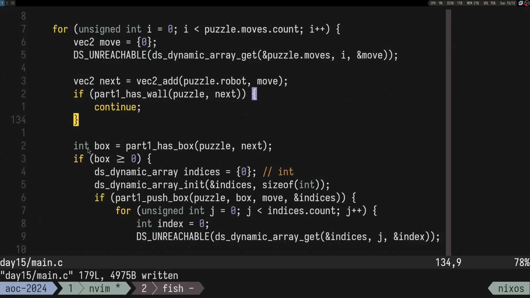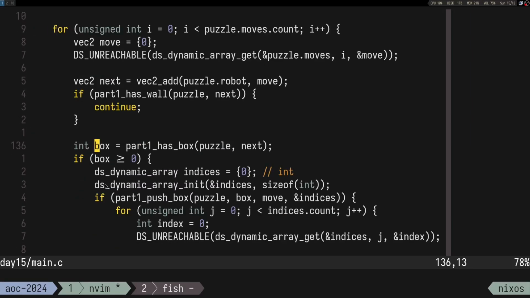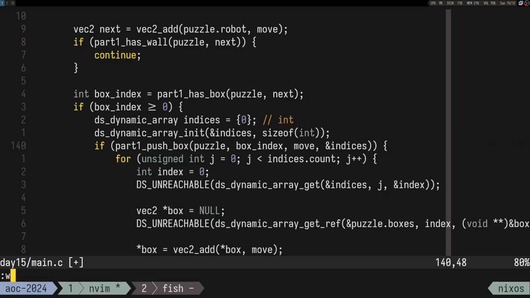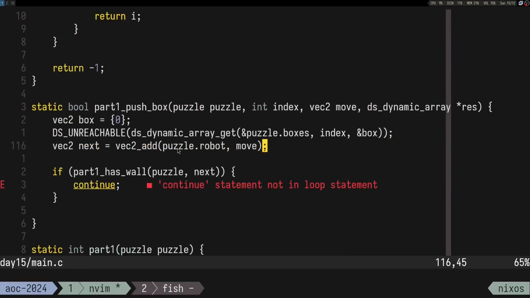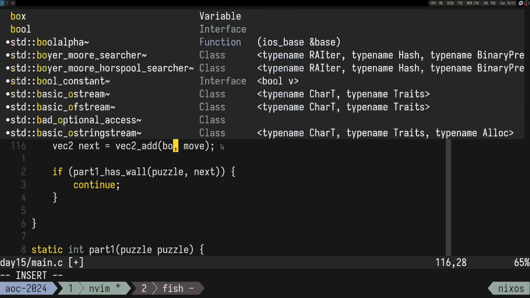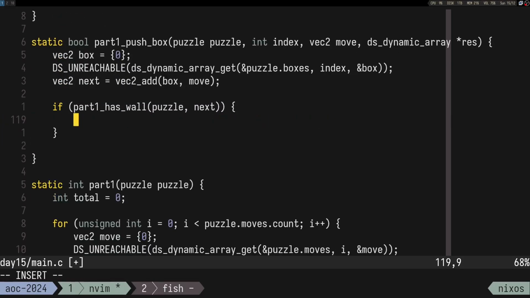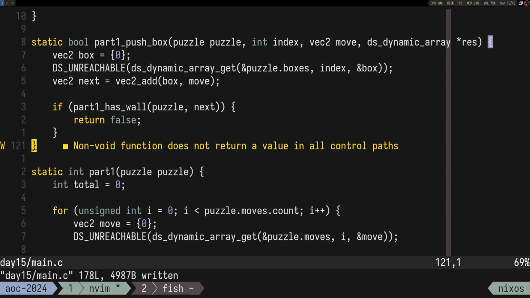It's a bit weird. Let me just double check this part. So here we have box index, just to be sure that we don't mess anything up. Okay, so this is gonna take in the index, we get the box, we apply the move on the box, and if we have a wall in that position, then this thing should be just false, right? Otherwise, if it's not a wall,